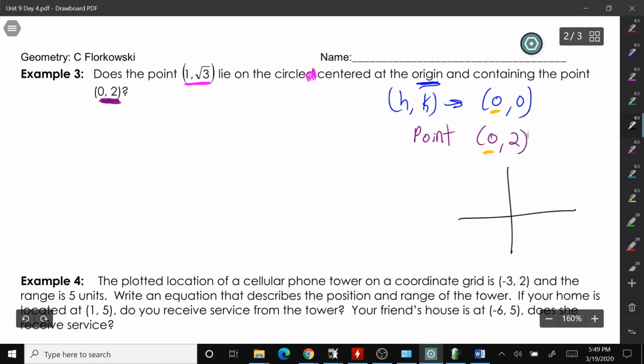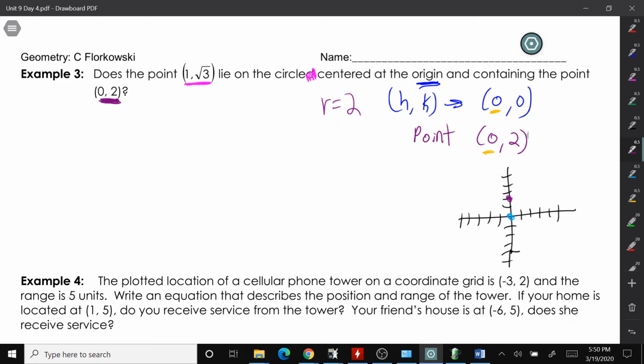If we plot this, we have 0, 0, and the point on the circle is 0, 2. Well, we can count that and say, oh, the radius is 2. We're going up 2, so the r is 2. So we have our center, 0, 0, and we have our radius. Because our h and k are 0,